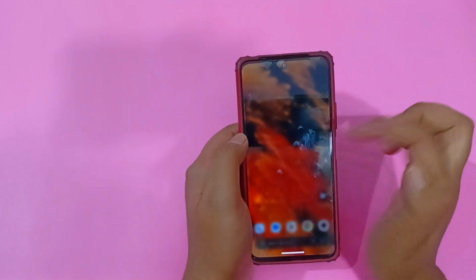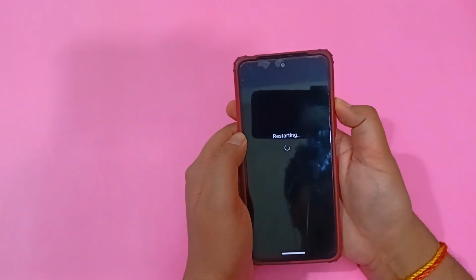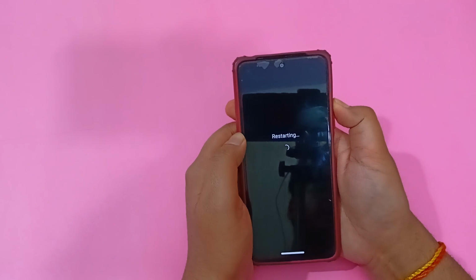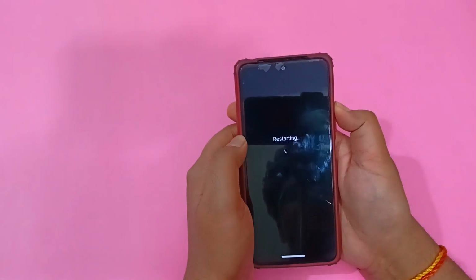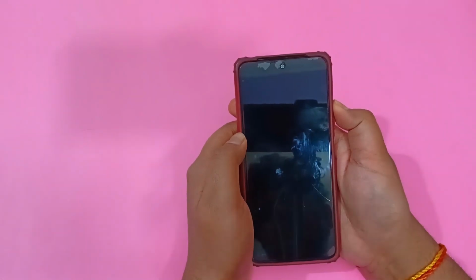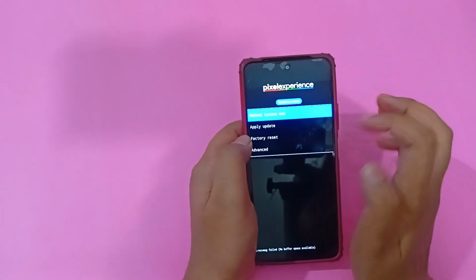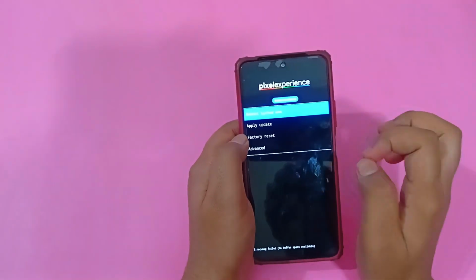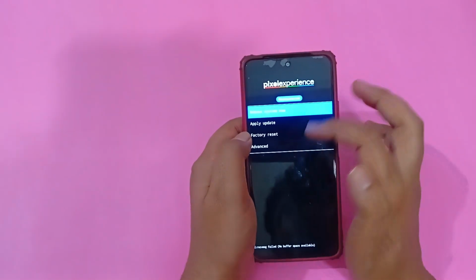Now initially I want you to reboot into your custom recovery. Any recovery will do. Like I have this Pixel Experience recovery. I like this recovery, so I use this recovery. No big deal really. The difficulty of the process or complexity of this process depends on what type of recovery